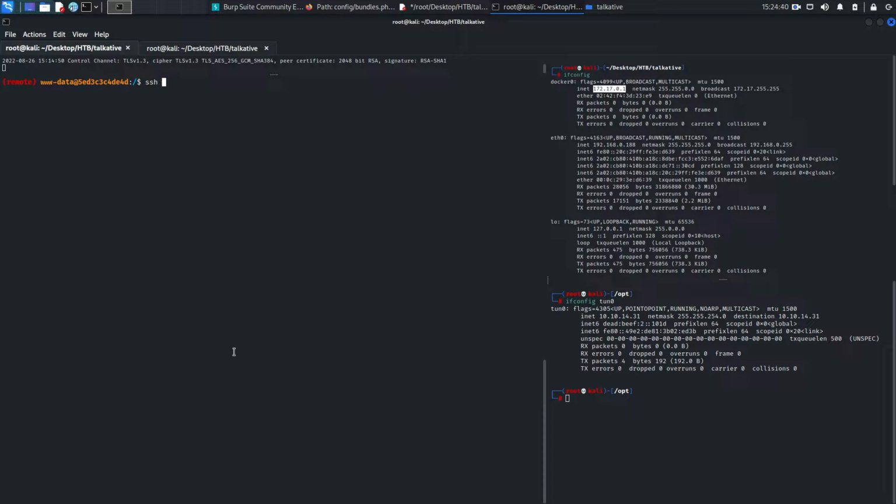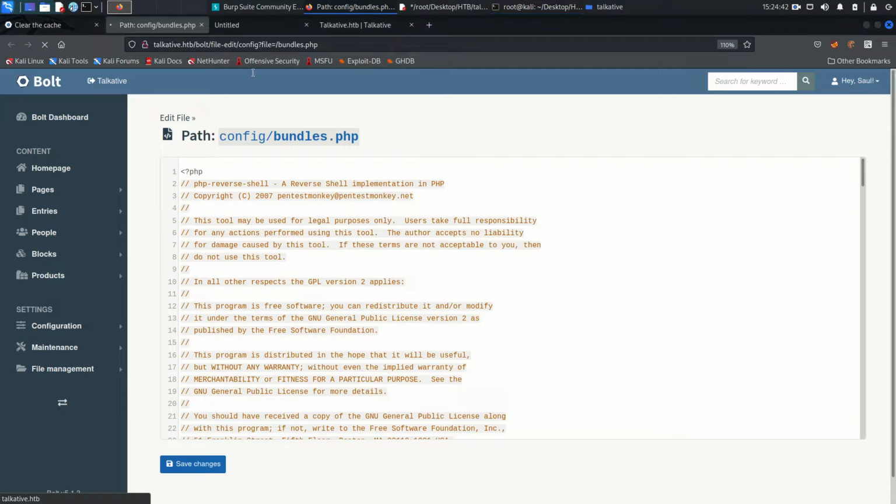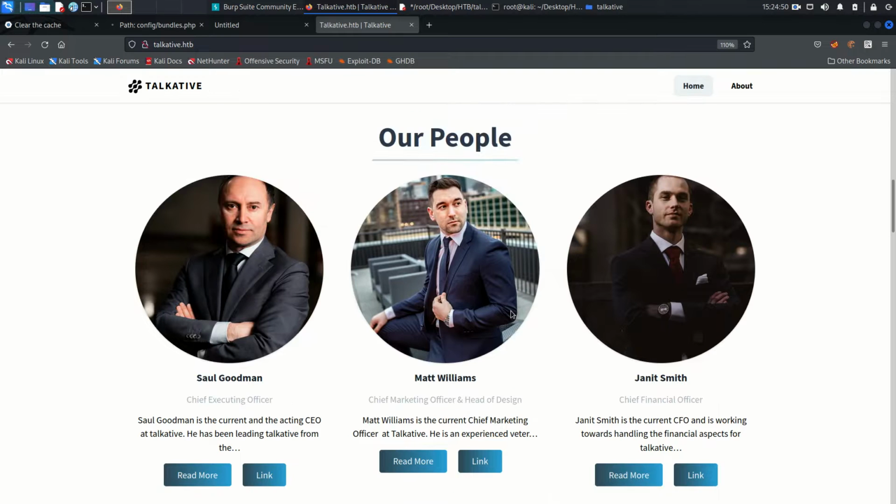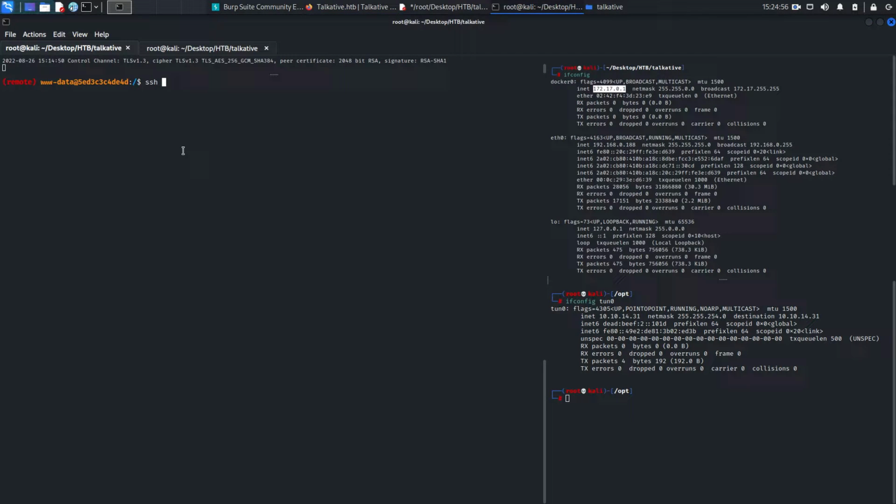Because if you go to the Talkative site, the Seol user is the CEO. Come back here. So the Seol user is the CEO. So this user is interesting for me, and we can try this user, and make sure you make the SSH connection on